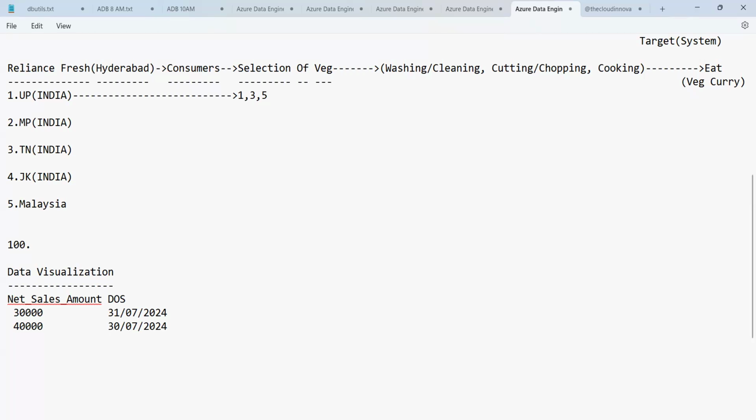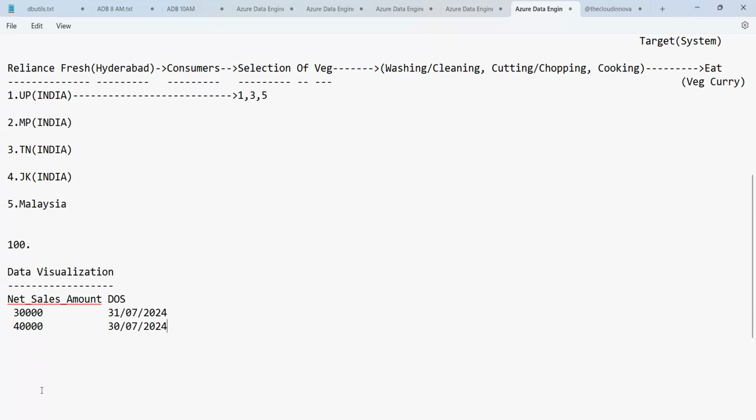Yes, on 30th, the sales is more. So we can say on the 30th day, the sales is more. Now you can say it with the naked eye just by looking at the data, because you have only 2 lines of data. In the same way, if you have